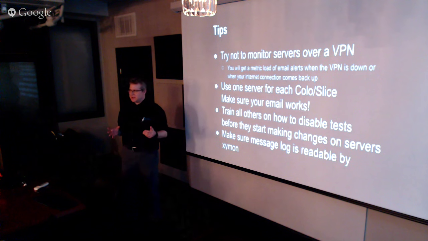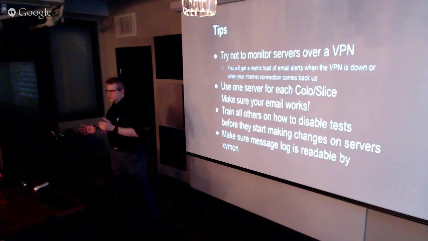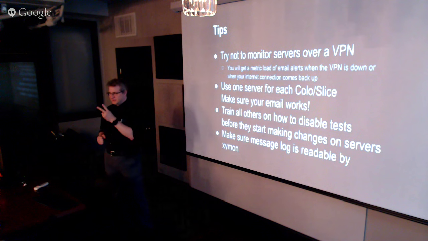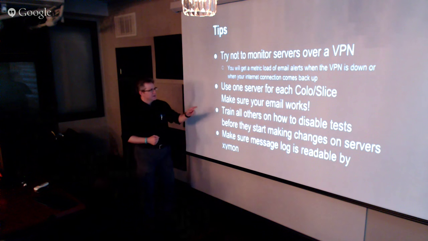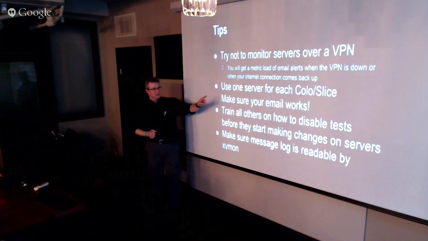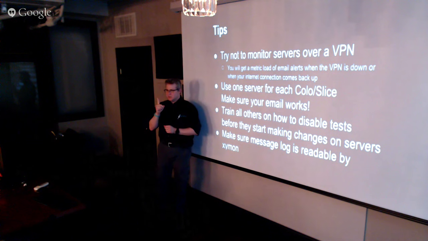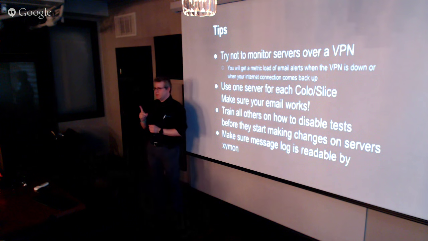The cable modem would come back up. And there were 4,000 emails queued. Because if it runs every 3 minutes, and it's checking 50 systems to see if it can get a connection, I get 50 emails every minute that says I can't connect to that system. So my rule of thumb now is I use one server for each location or slot. I have one for the exchange code. I have one for our colo. There's a test at the colo that tries to connect to the cable modem, but that's just one test. It's not 50 tests that's going to fill up my mailbox.